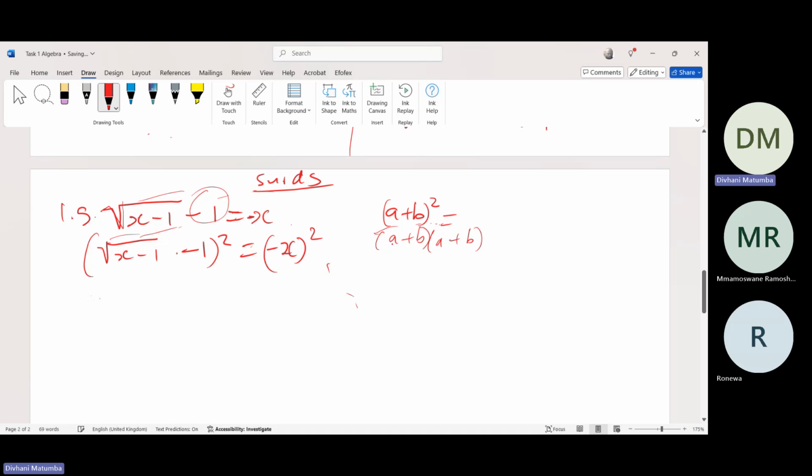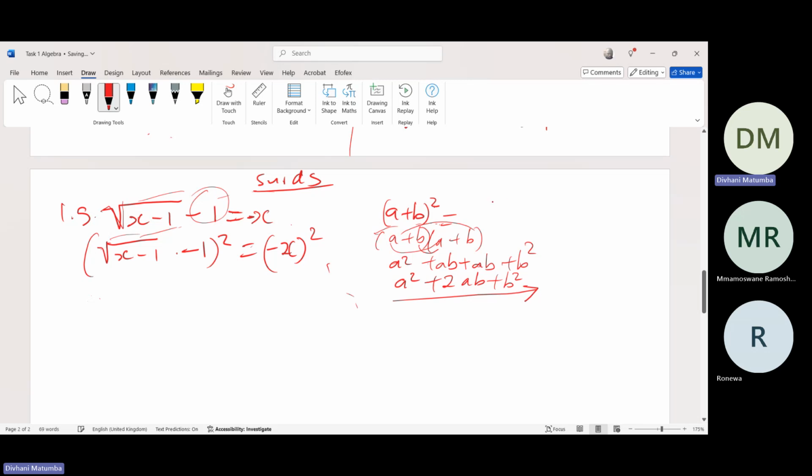Let's see. In this case, if you break it down, you're going to have a squared plus ab. You agree? Yes. Plus another ab plus b squared. You will have a squared plus 2ab plus b squared. So why go the long route when there's this short route which says take